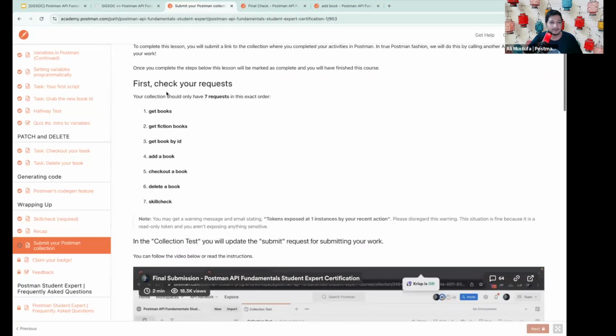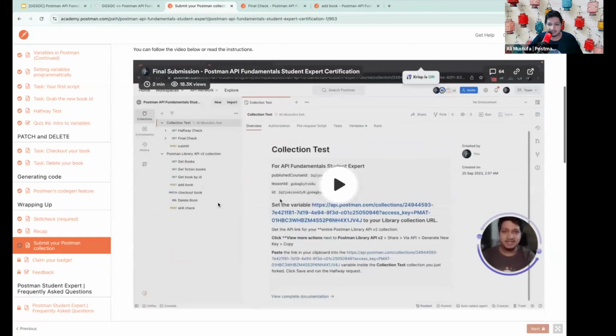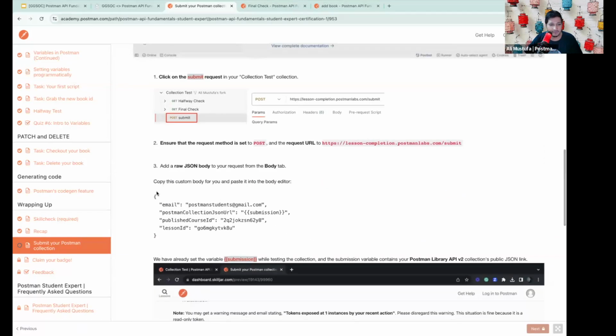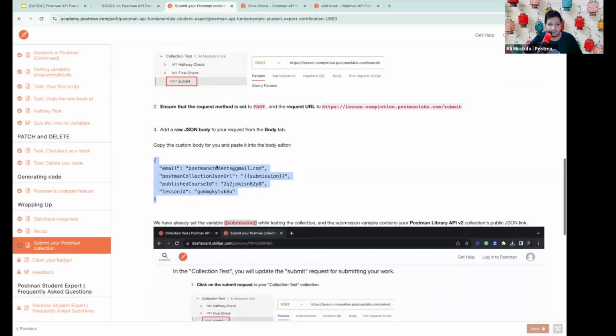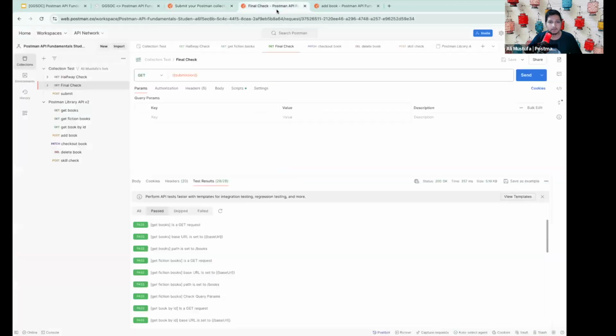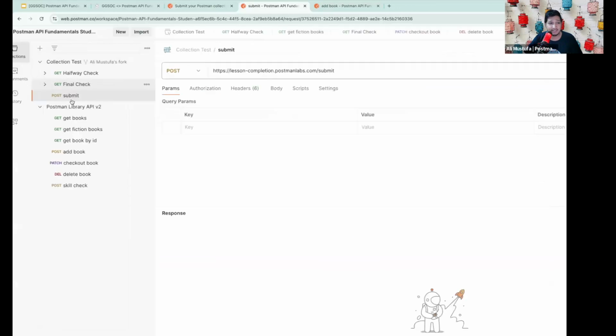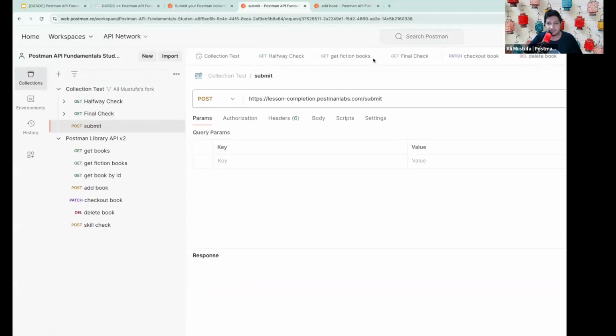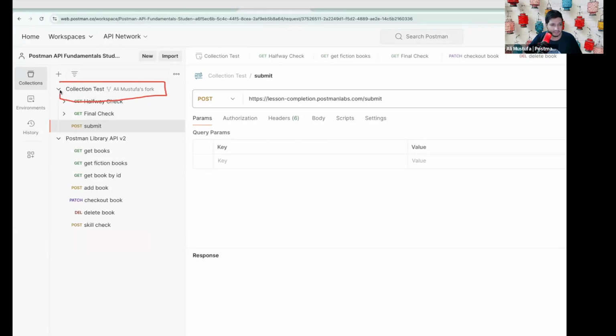Okay, so all the requests are in this order. Yes, looks good. Now what we need to do is copy this body. So let's copy this body. Go to the final check. Go to the submit request in the collection test. Let me use the pen and highlight it for you folks. So in this test collection, inside that you need to click on the submit request,